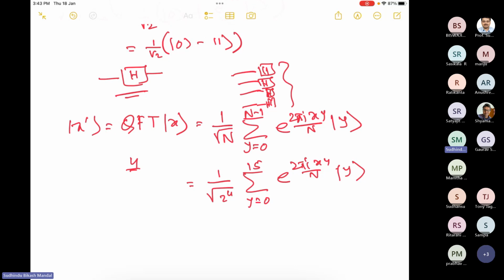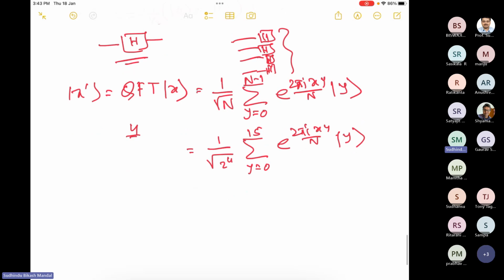But in a quantum computer, or any classical computer, y should be either 0 or 1. In case of a qubit, there will be the 0, 1 state or plus-minus state. But there is no concept of decimal representation directly in a quantum computer. So from this expression, we can't design a quantum circuit. Again, we need to do something to get there.